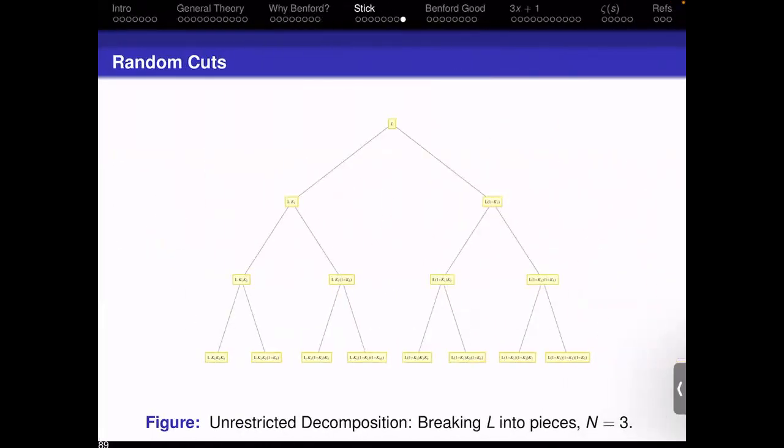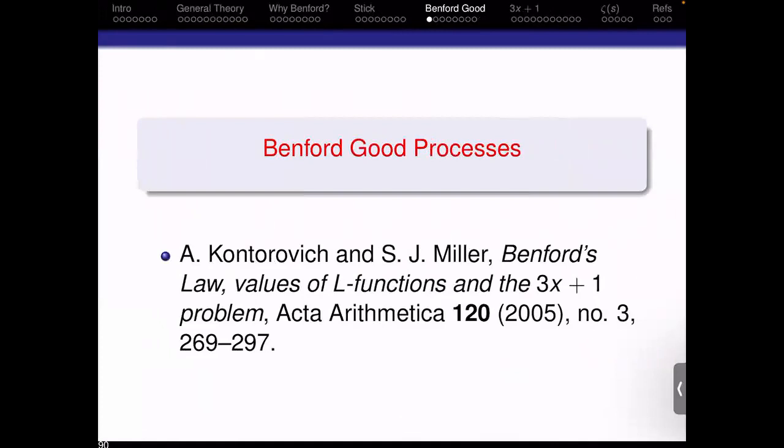Okay. And then for the last part of the talk, I want to talk a little bit about the 3x plus 1 problem and the Riemann zeta function. And because this is being recorded, I will be very careful what I say in terms of if you want to use this to either detect tax fraud or do tax fraud. I will say detect tax fraud. How can you tell if a data set has been modified?